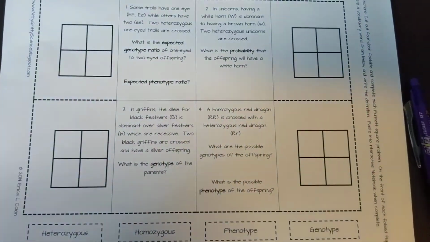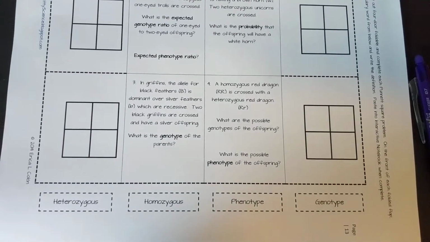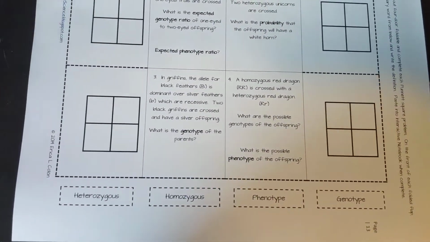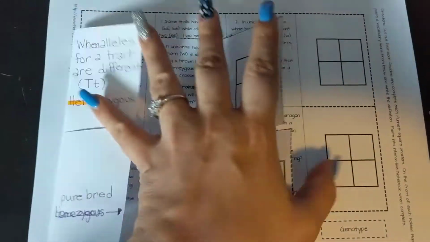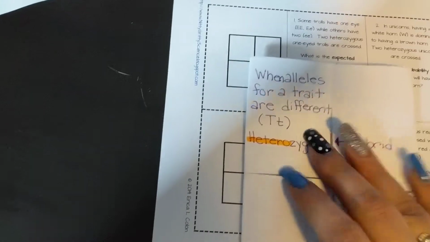Alright, let's get going. So as I said, this document is on the PowerPoint. The first thing I did is I cut out this document on the dotted lines, and what I ended up with is a foldable that I can glue into my journal. Once I cut it all out, so you're going to need to pause this and cut it out,